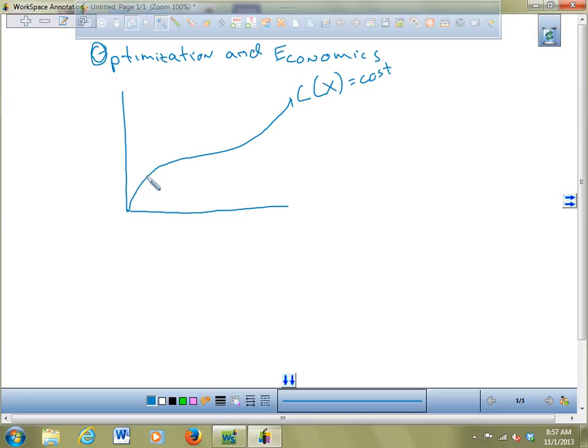is because maybe when you start a business, your costs initially are very high because you have to get all the startup stuff going. And then as you get going, those costs are still increasing. Maybe as you're selling more, your costs are going up, but at a lower rate. And then maybe at this point, it starts going up again because